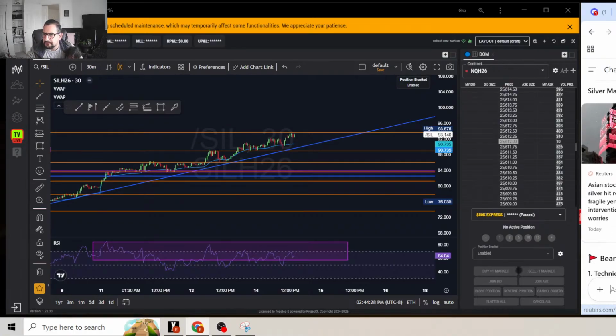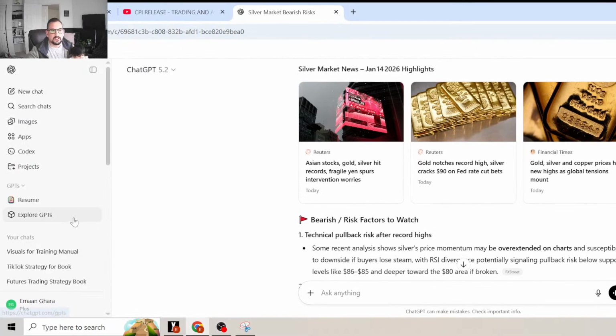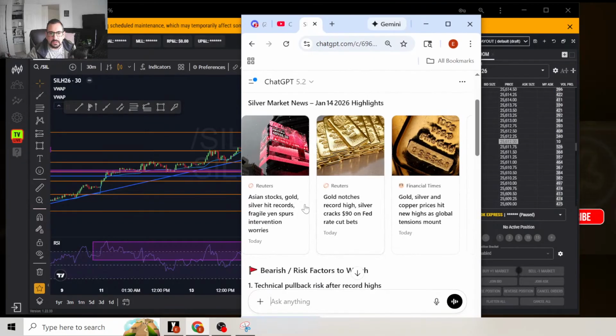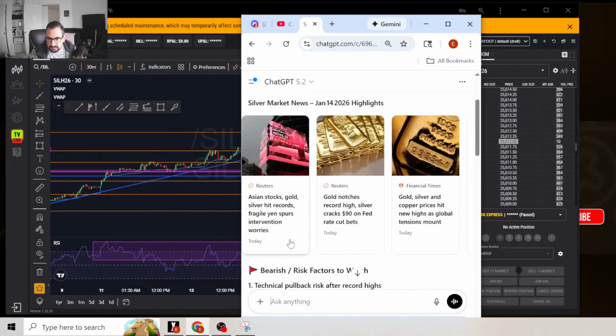Okay, so Asian stocks, gold, silver hit records. Fragile yen. Here, let's look at this together. Okay, so Asian stocks, gold, silver hit record. Fragile yen, Chinese yen, spurs intervention worries. Interesting. Right? So China's been the one that's been pumping silver, but that directly impacts their own currency. That's interesting. Okay, so now as we get higher and higher,